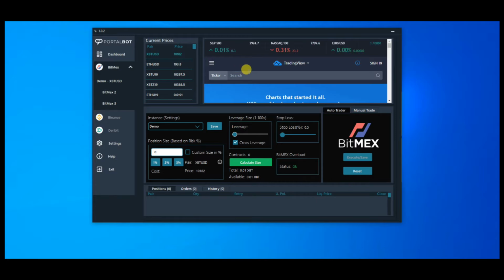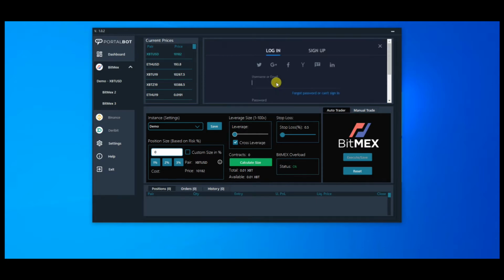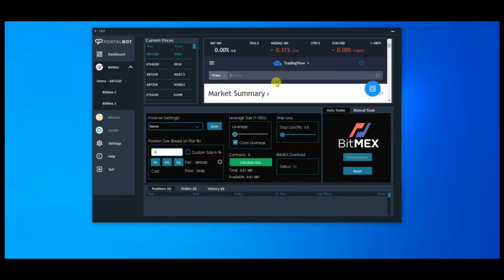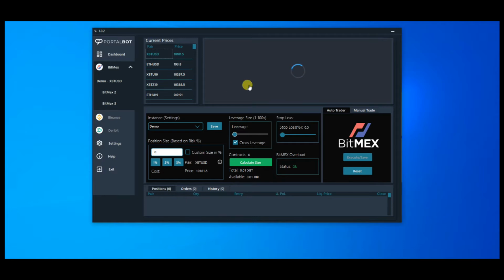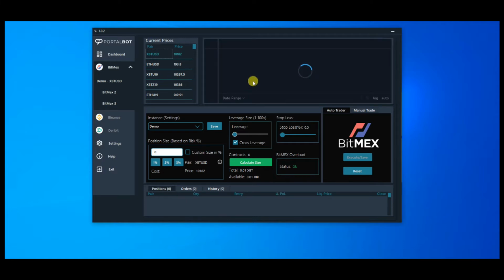Another thing you need to do is you're going to need to sign into your TradingView account, or you don't have to, but I prefer to see my trades in action in live so I can sort of compare things. Now, under current prices, these are all the trading pairs for BitMEX, including futures. So if you click on XBT-USD, just like we showed you in the last video,